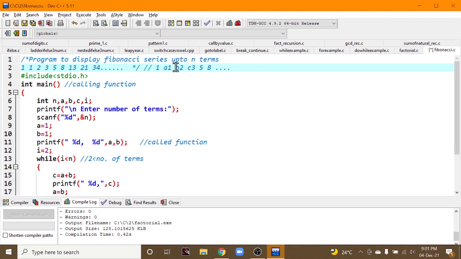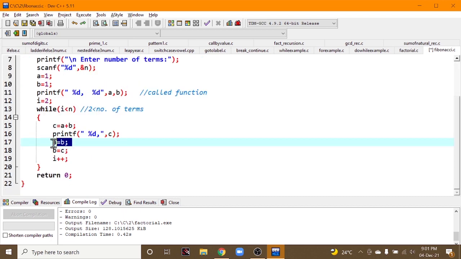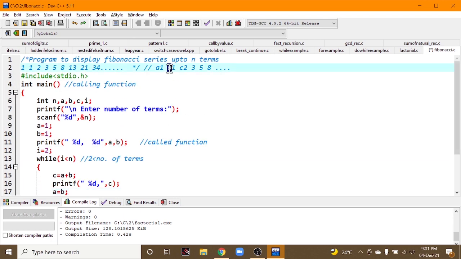So what's happening here? Simple. First step is a equal to b. Instead of b, whatever you have, there you will get a. Then b equal to c.